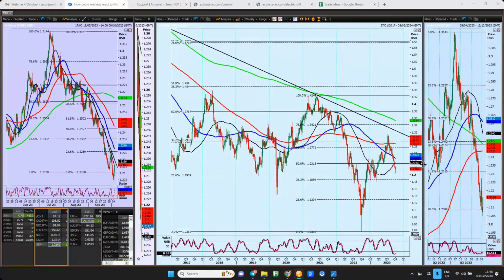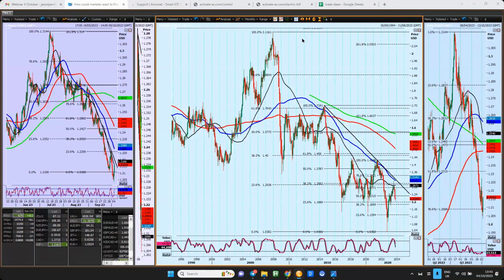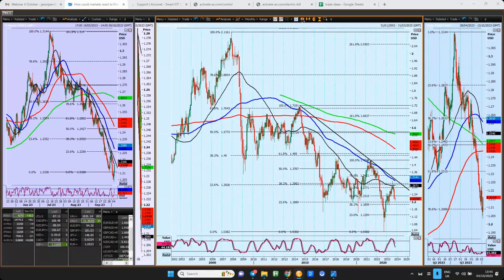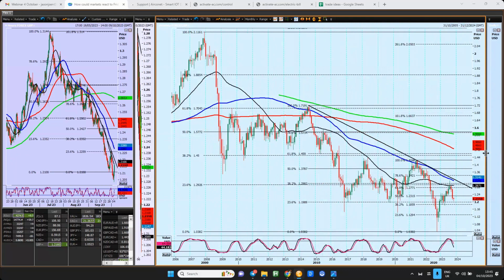Okay, now cable has collapsed. I'm going to show you why cable's collapsed, and this is really interesting. If you don't know why, there is a technical reason, and it's just dead simple. This is why you've got to look at weekly charts. Even if you're a short-term trader, you have to look at weekly charts. And in this case, I'm actually looking at the monthly chart. If you didn't look at the monthly chart, you would have absolutely no idea why, from a technical perspective,